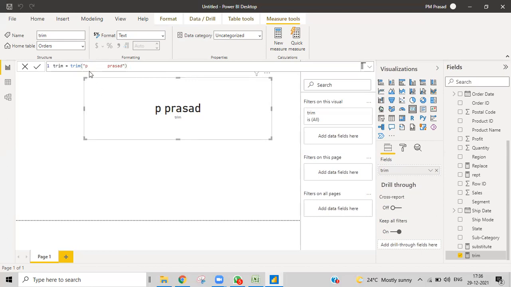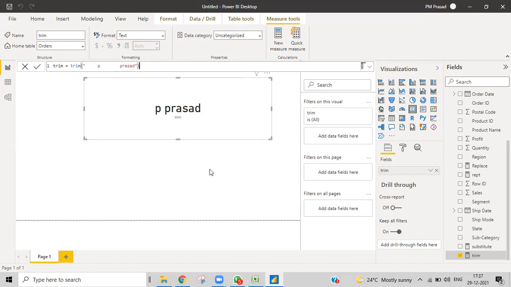So let me check this. I've given a lot of unwanted spaces over here in the front. Nothing changes, because if you have any spaces in the beginning, they will be deleted. In between characters, if you have any spaces, it will keep only one space between them. It doesn't keep all the spaces. This is exactly what trim does.